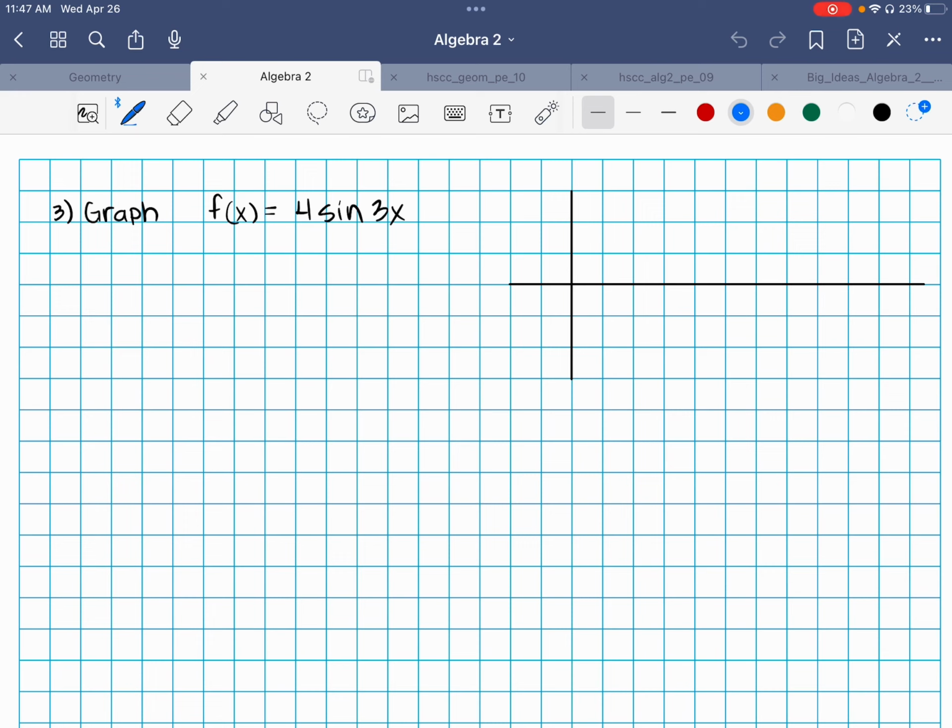If you have any questions about it, here it is. We have to graph 4 sine 3x. So what we want to do is make sure we understand first that we're graphing the sine function. So the sine function has